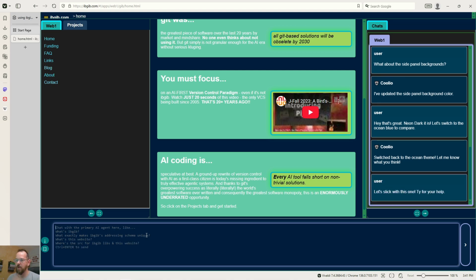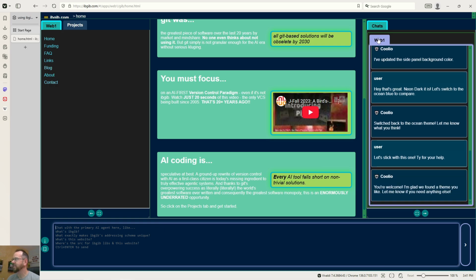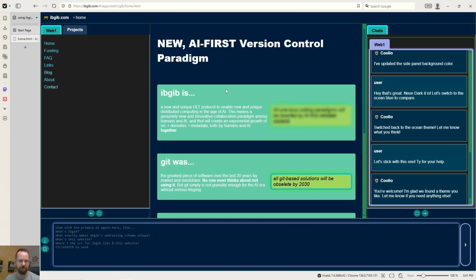Okay, so that is the website, what I call the primary agent. That was the first agent, and really it's the website agent. But now we want to talk about the projects. This is really cool, just knowing that websites are going to start having this, to where